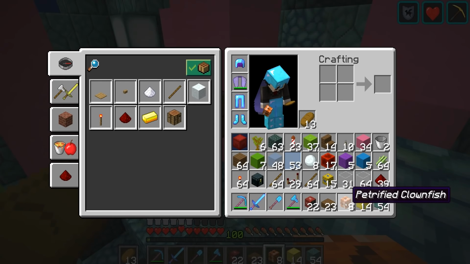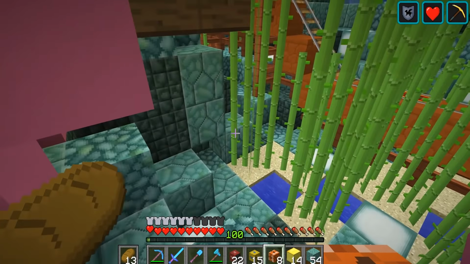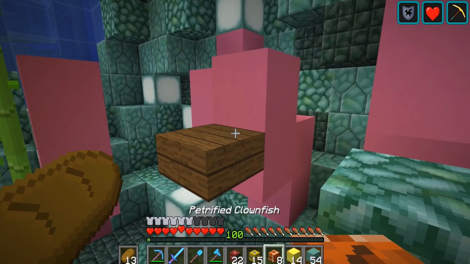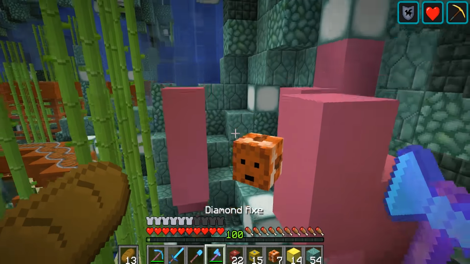Especially because we had a handful of petrified clownfish. So at the minute, I'm just going to be using these ones because the regular fish are quite ugly. But what I thought was, this kind of looks like a sea anemone. That's kind of what I was going for. And as you know from Finding Nemo, these little fish, the clownfish, actually live inside these anemones. So we can place them around and...